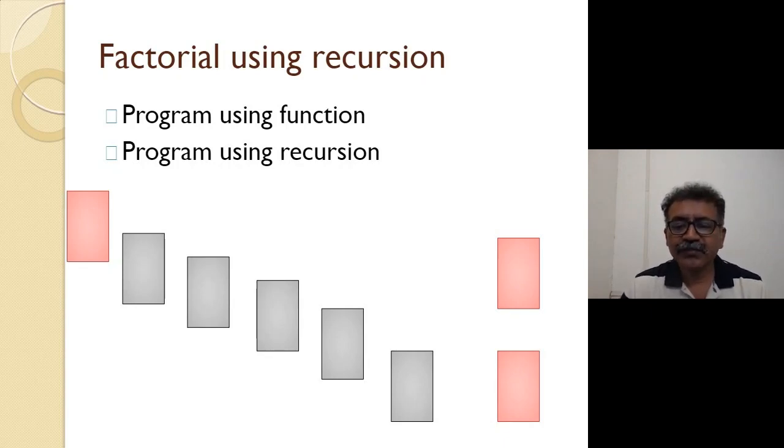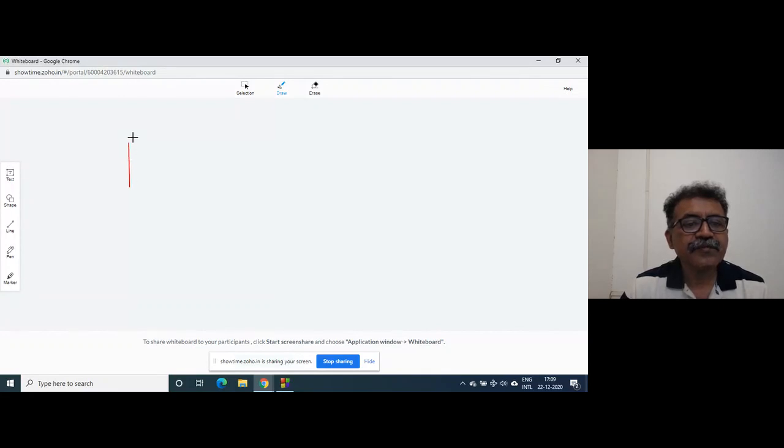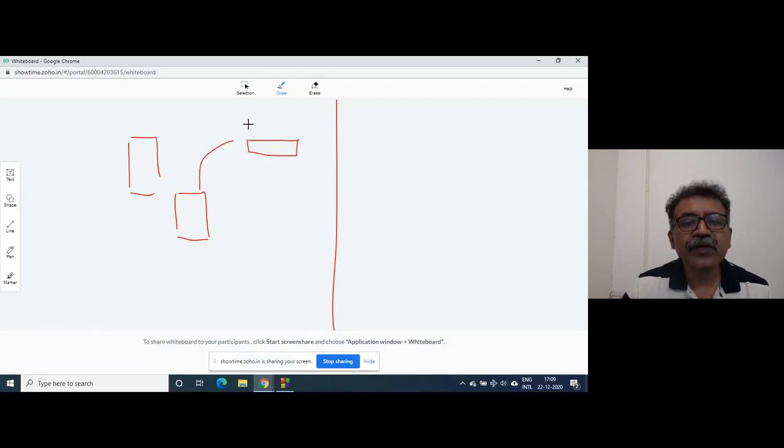And again, see, this is the main, and this is factorial. So in the memory, there will be one main function and one factorial function, right?